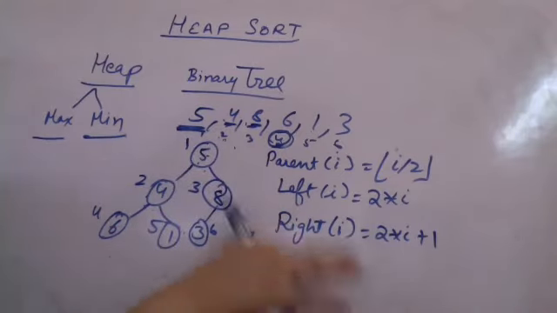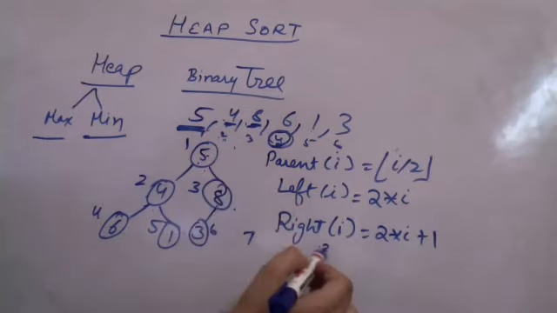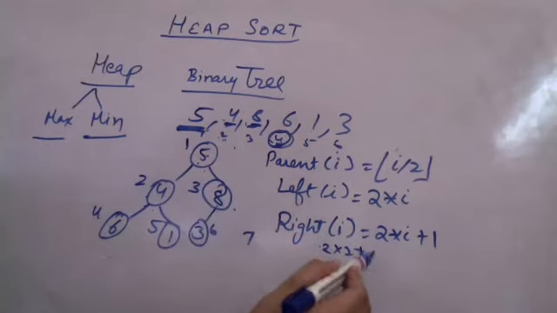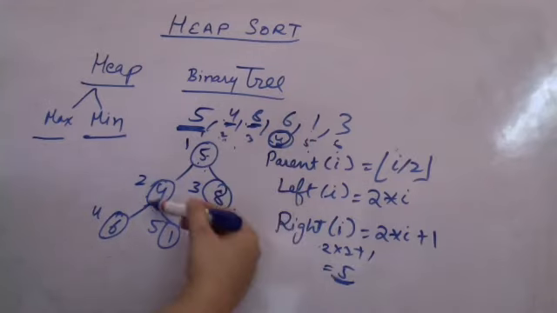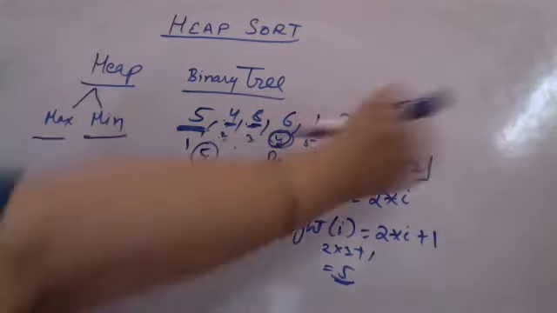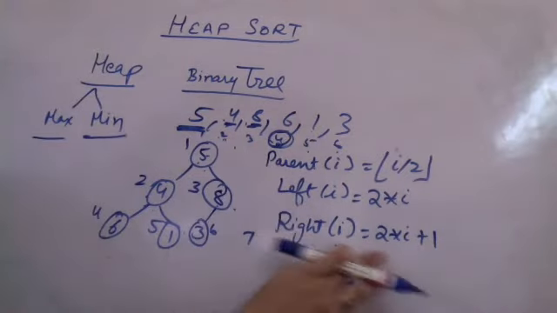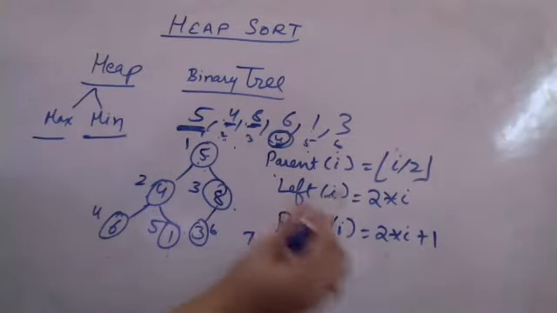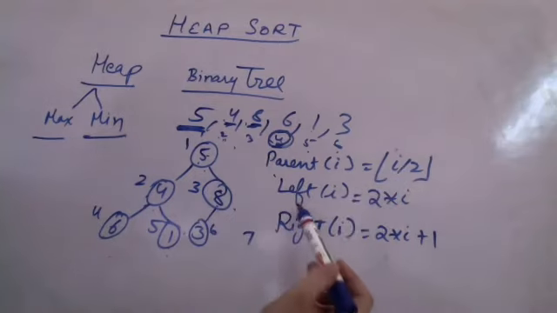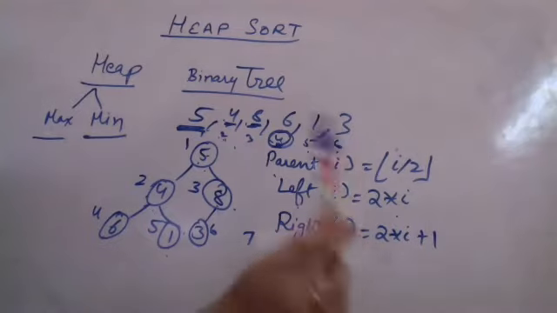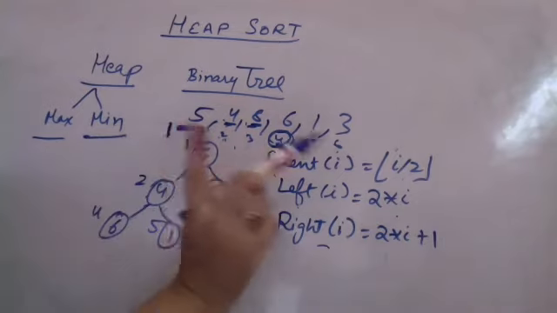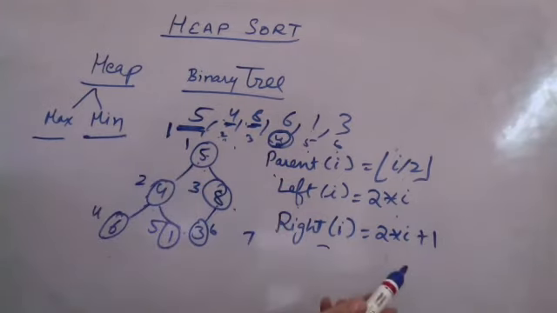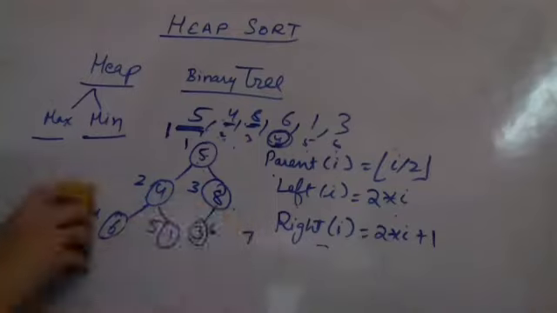Supposedly I want to find the right child of 4, which is 2. So 2 into 2 plus 1 gives me 5. Fifth location is 1. 1 is the right child of 4. So कितनी भी लंबी list हो, the same formula is there. Parent of I is floor value of I by 2. Left of I is 2 into I. Right of I is 2 into I plus 1. Now please note, these formulas are for beginning with 1, not 0. So when you convert them into C and C plus,